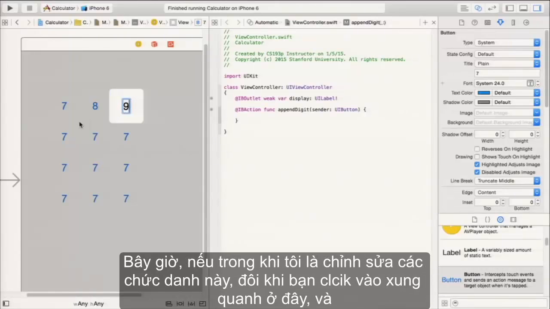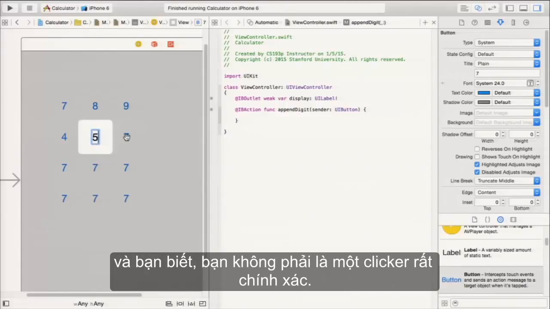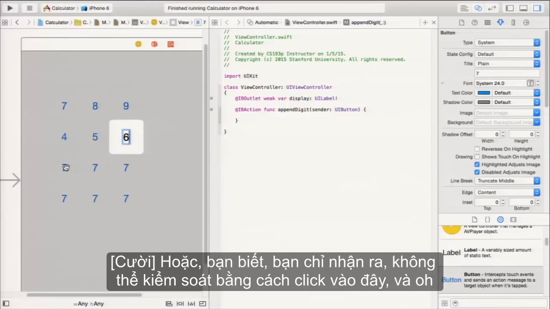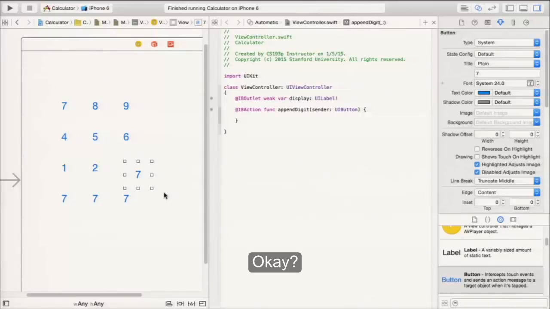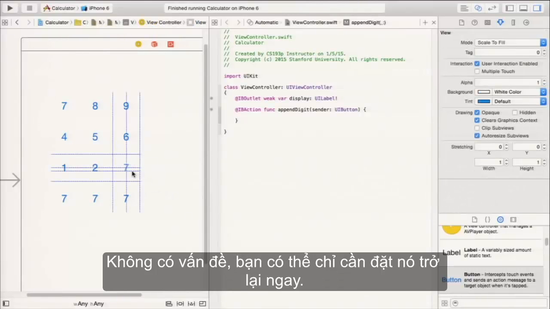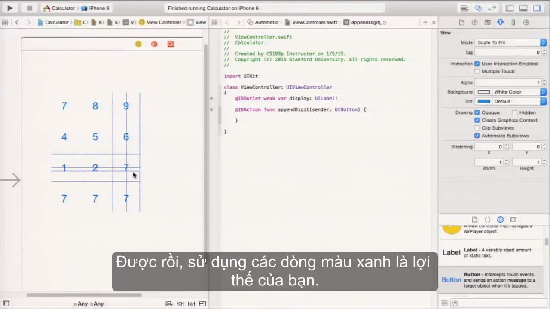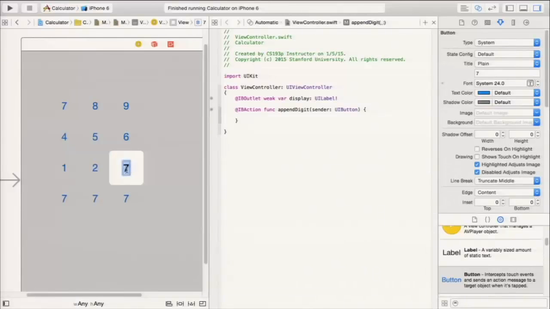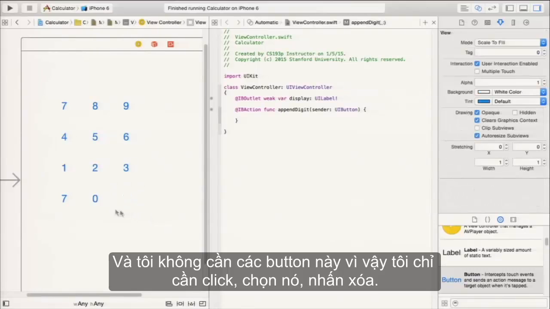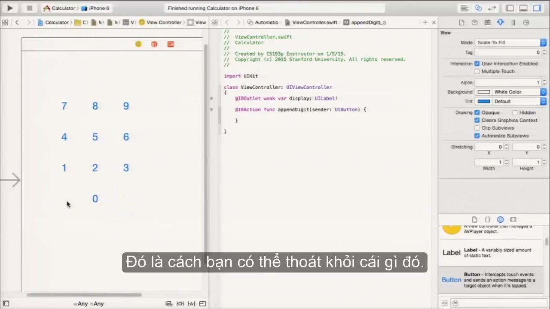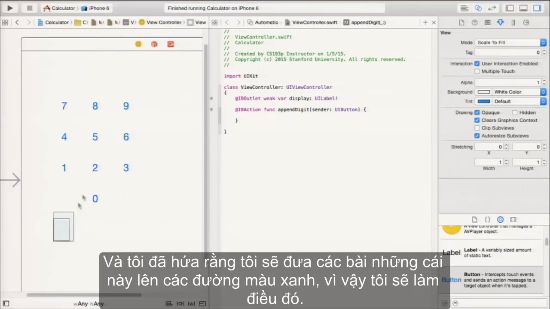Now, while I'm editing these titles, sometimes you're clicking around in here and you're not a very accurate clicker, or you just get out of control clicking here and oh, you moved it out of the way. Okay, no problem. You can just put it right back in. Okay, use the blue lines to your advantage. And we'll put our 0 down here. And I don't need this button, so I'm just selecting it and hitting delete. That's how you can get rid of something. And I promised I was going to put these all on blue lines, so I'm going to